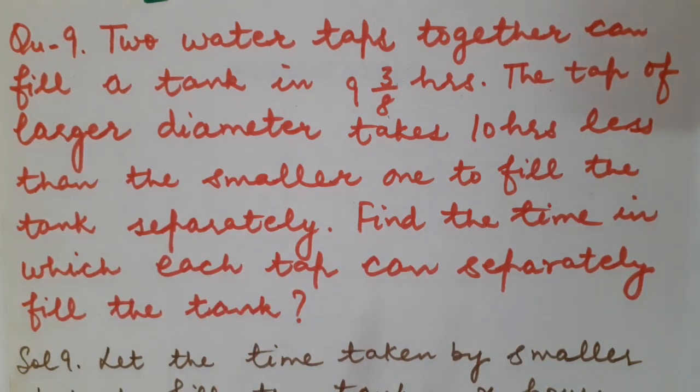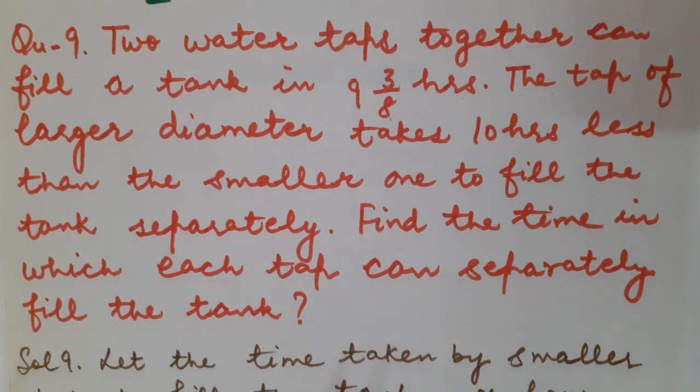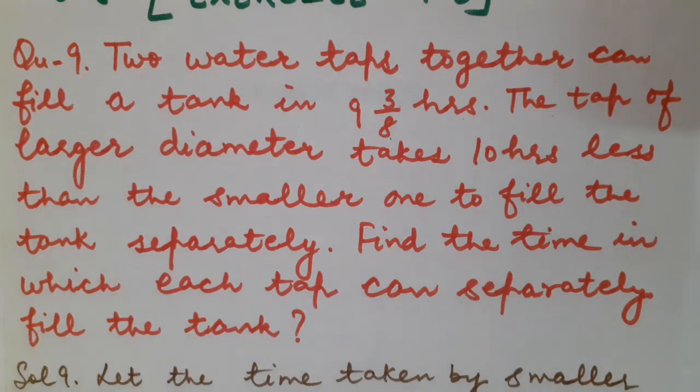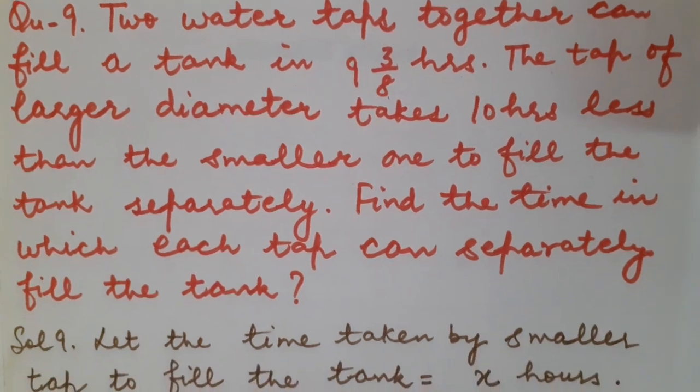Children, while reading this question, you may have come to know that this is nothing but the concept of time and work. In the previous lecture also, I made you understand the same concept. So let us recall it with one example. Suppose I am going to finish one work in 2 days, it means my 1 day work will be half, correct? So through this we have come to know that time and work are reciprocal of each other. Correct, children? So let us start this question now.